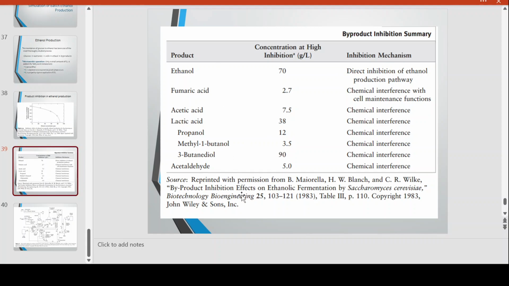because inhibition is basically a real thing in batch fermentation. So you have fumaric acid, acetic acid, lactic acid, and you have acetaldehyde as well. So they are mostly chemical interference. And with this in mind, here is